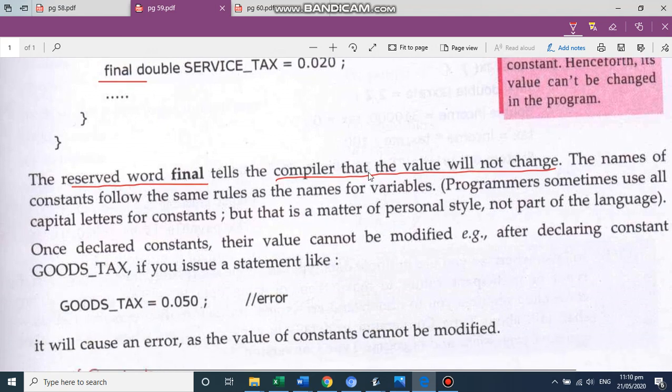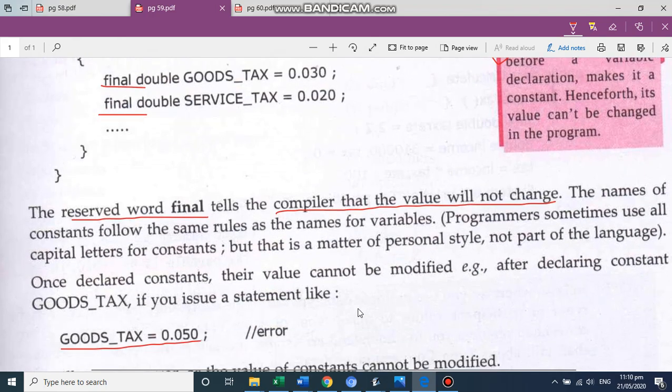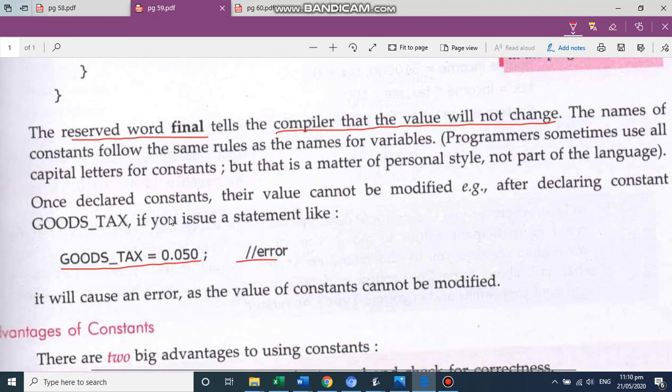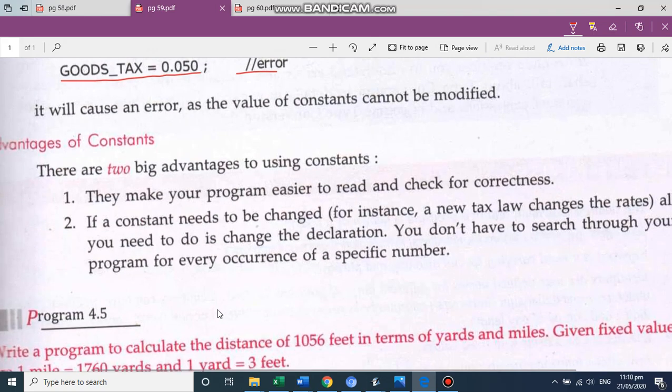If you want to modify it, see, they are writing good stacks is equal to 0.050 and we have given here the value 30. So this is giving you an error because it is declared as final. It will not change. If you want to change it, what is the way? You have to remove the word final. Only then you can change.